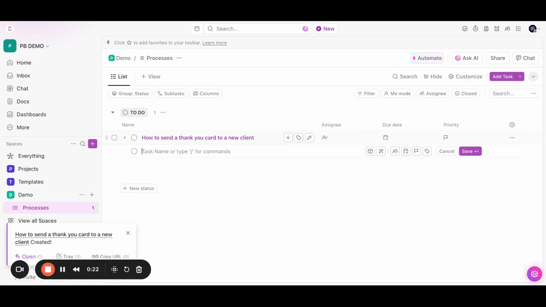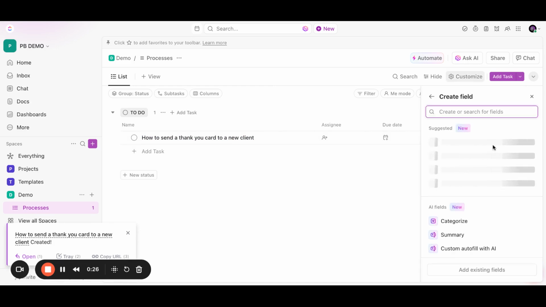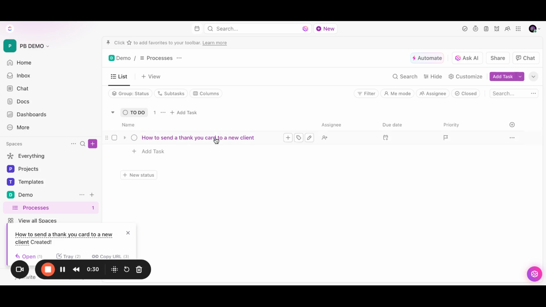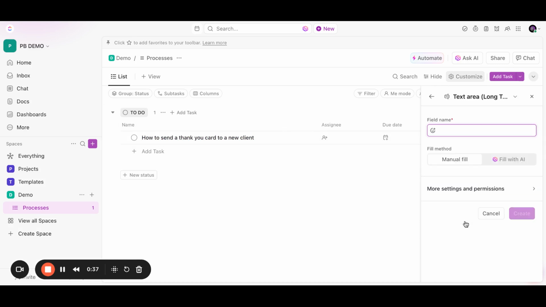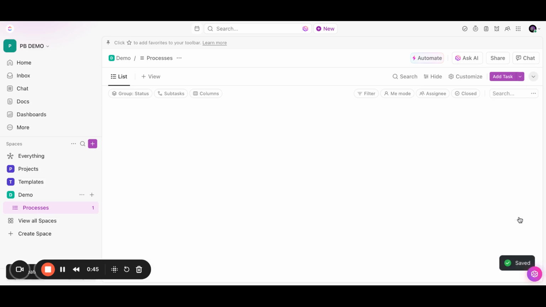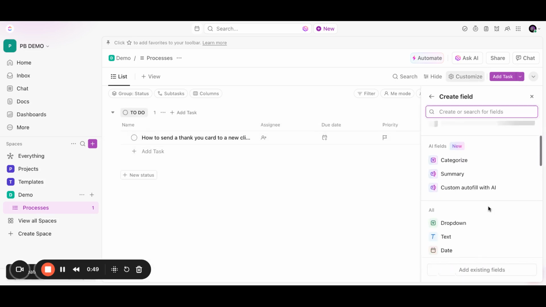client. So what we'll need is a couple of fields in here. The first one, we need a long text field to be able to paste in our transcript, or you could actually do this in the description of the task, but to keep this nice and simple, I'm going to create a long text area field, and we're going to call this video transcript, and we're going to leave it as